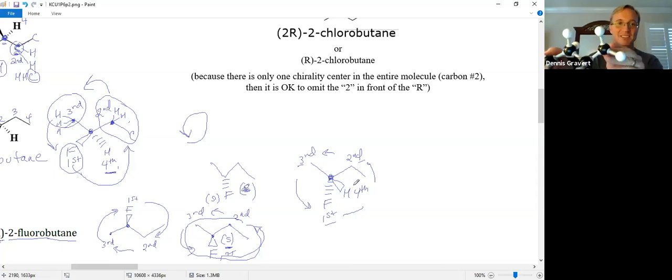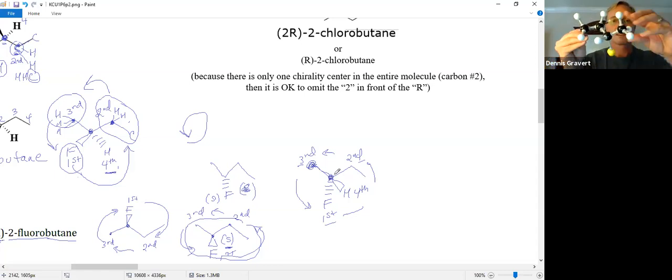Let's check. How's the chain zigzagging? It starts here up high, then goes down low. And on the screen, that's what we do: we start high and we go down low. So my chain is zigzagging correctly, as in the model. On carbon 2, yep, the second carbon, the fluorine is away from you. This hydrogen is towards you, on the wedge, just like on the screen. Excellent. Okay, so now, as you're looking at this, you're saying,